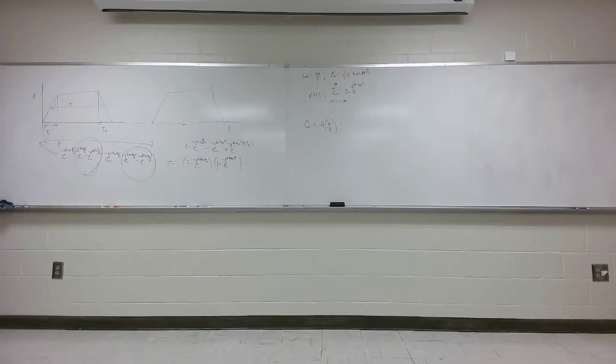And then it's going to be times 2j squared times the sine of n omega naught tau over 2,